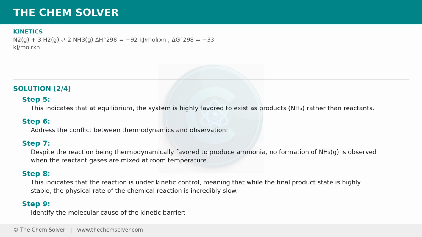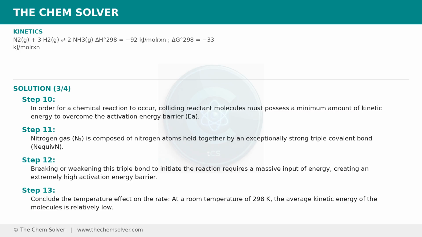Identify the molecular cause of the kinetic barrier. In order for a chemical reaction to occur, colliding reactant molecules must possess a minimum amount of kinetic energy to overcome the activation energy barrier, EA. Nitrogen gas, N2, is composed of nitrogen atoms held together by an exceptionally strong triple covalent bond, N≡N. Breaking or weakening this triple bond to initiate the reaction requires a massive input of energy, creating an extremely high